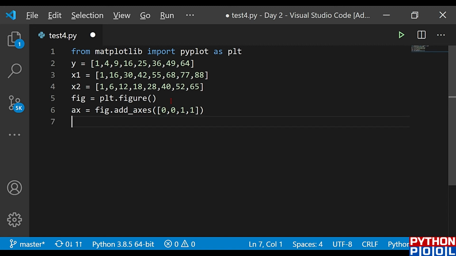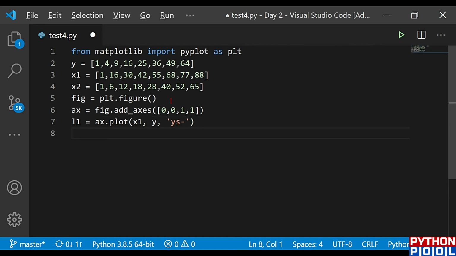Now I'm going to call one more variable L1, which would be plotting x1 and y. So my L1 graph would be plotting x1 and y. How would it be plotting? It would be calling this plot function from this axis. So plot, and what is it plotting? It is plotting x1 and y, but in a different manner. It would be plotting in the yellow color solid line. This should be the plotting criteria for my first graph.